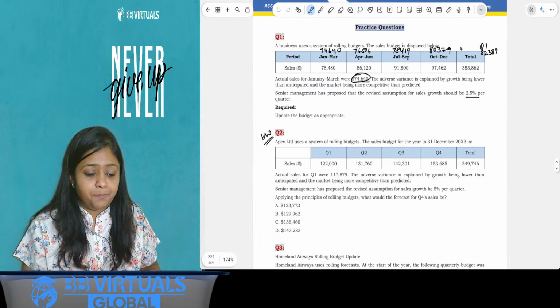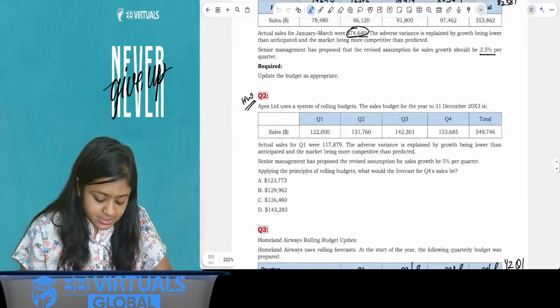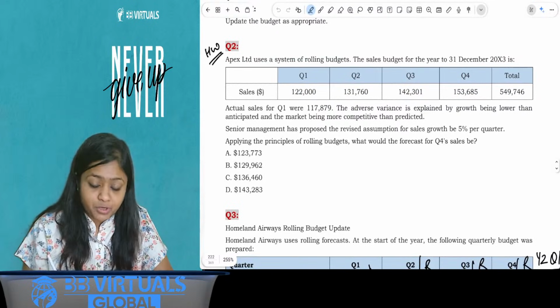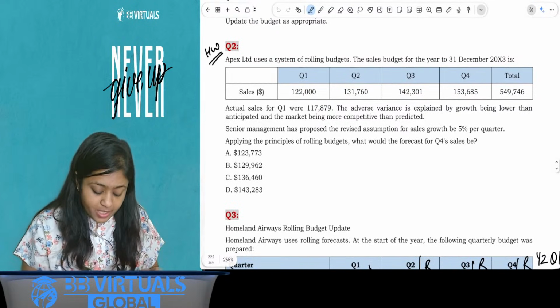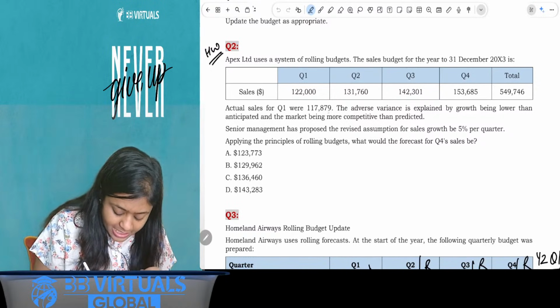Okay, let's try this simple question of rolling budget. Apex Limited uses a system of rolling budgets. The sales budget for the year to 31st December 20x3 is given to you. Quarter-wise details are given. Actual sales for quarter 1 has been